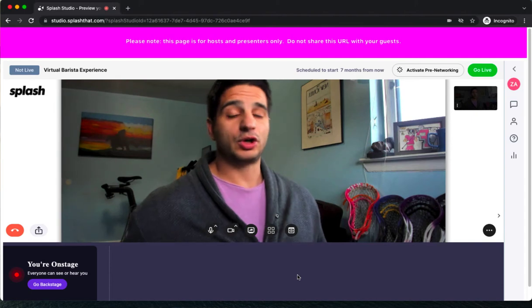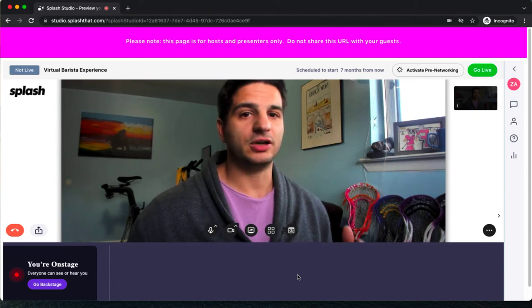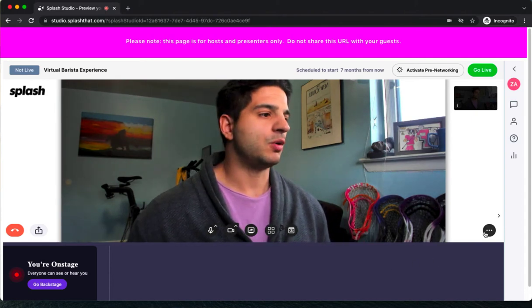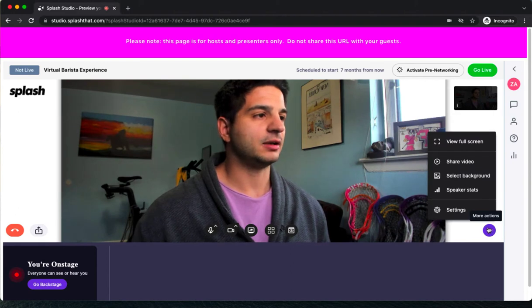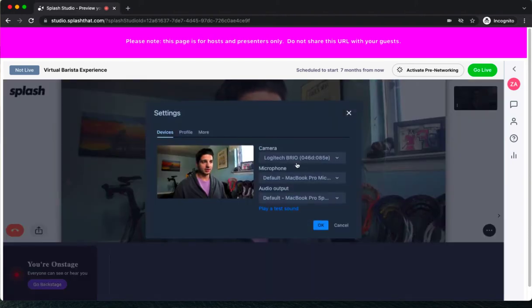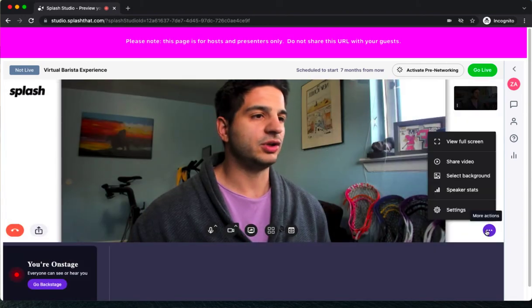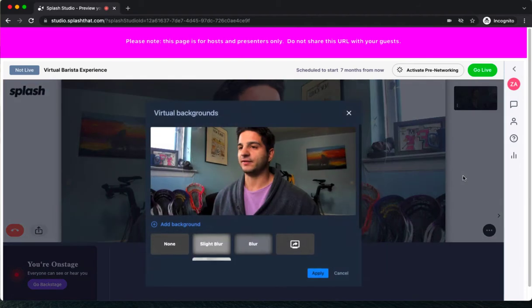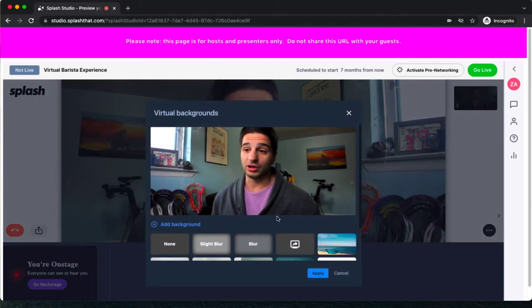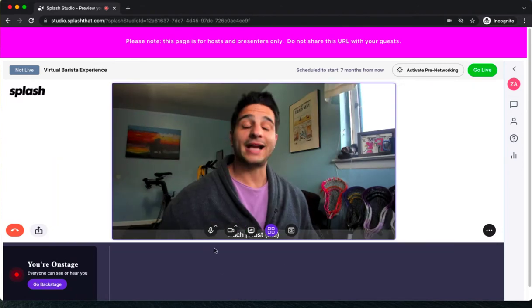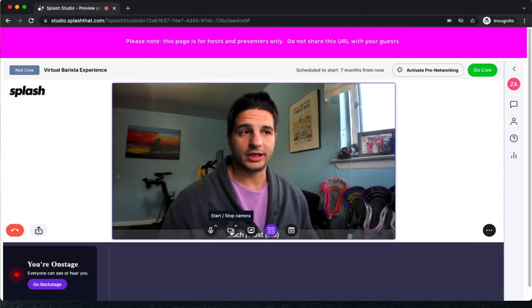The next thing you want to do is get your audio and video configured. So go on over to the three dots to the right and go to Settings. This is where you can configure your camera, your microphone, and your audio output. You can also use these three dots to select a virtual background, either uploading your own or using one of the default options. Down along the bottom of your webcam, you have your mute tool, your turn off video option,